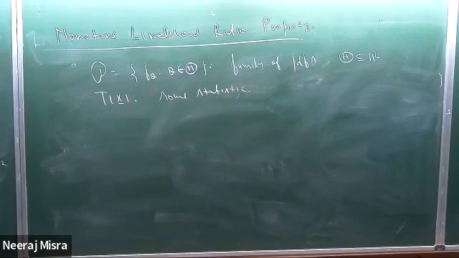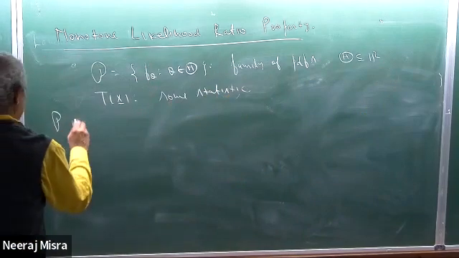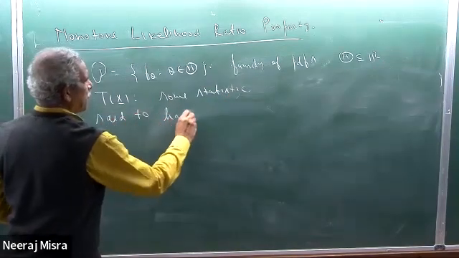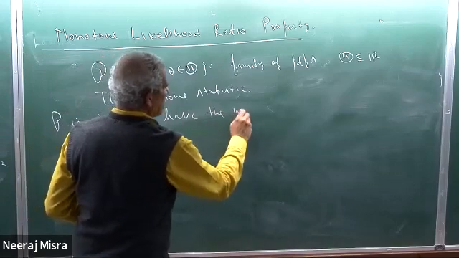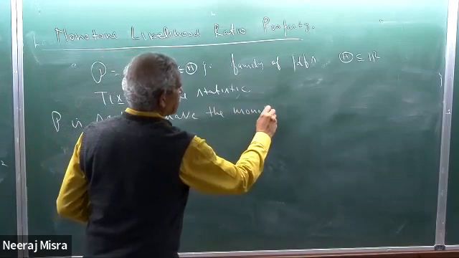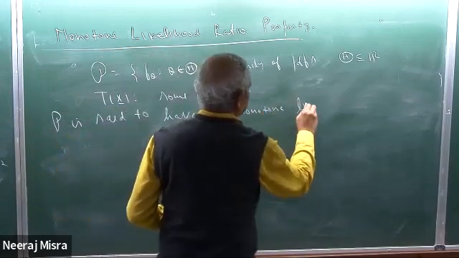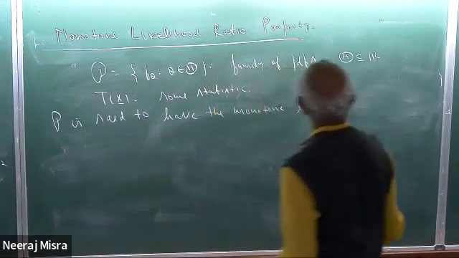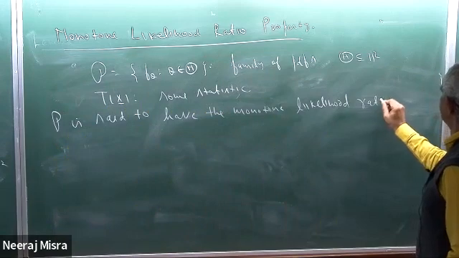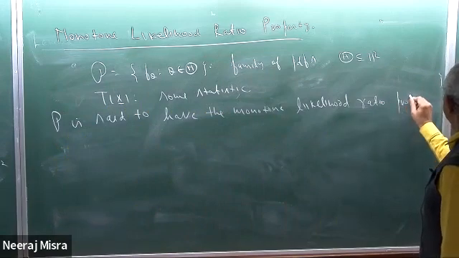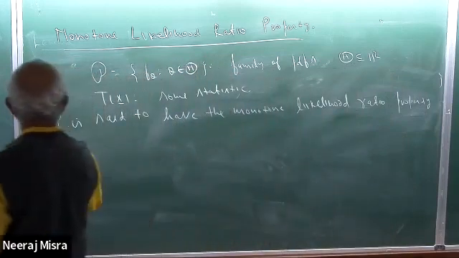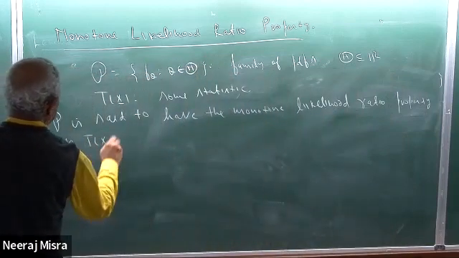P is said to have the monotone likelihood ratio property in T(x), in the statistic T(x),